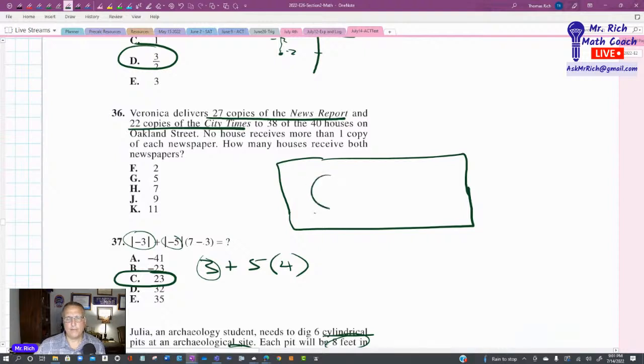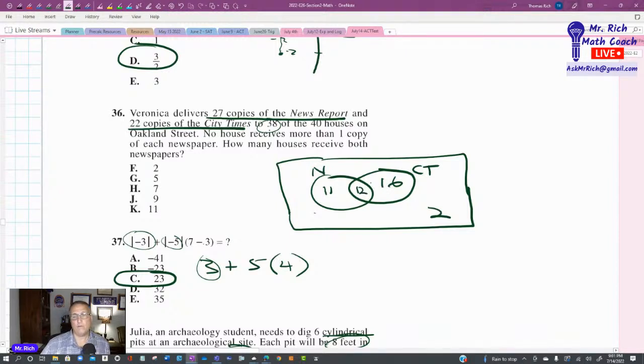Okay, so I'm going to make a Venn diagram. This is my news report, and this is the City Times. 40 houses. Okay, so I guess there's 2 out here. So if there's 27 copies of the news report to 38 of the 40 houses, that would mean for the news report, maybe 11 here, 22 and 16. Yeah, I'm not sure about this one. Okay, let's,